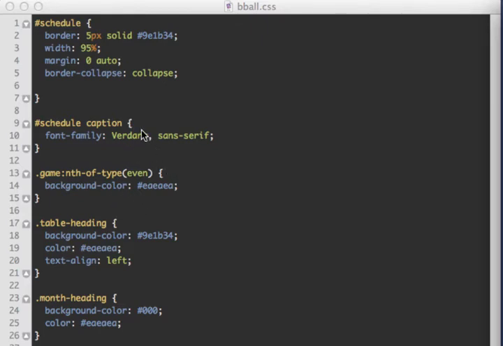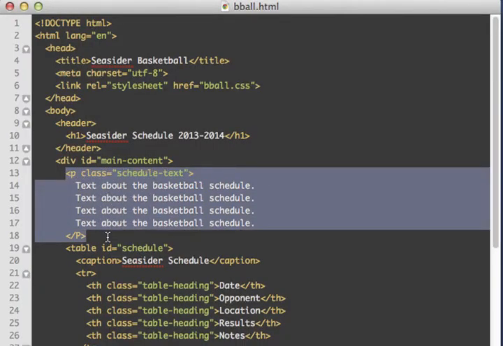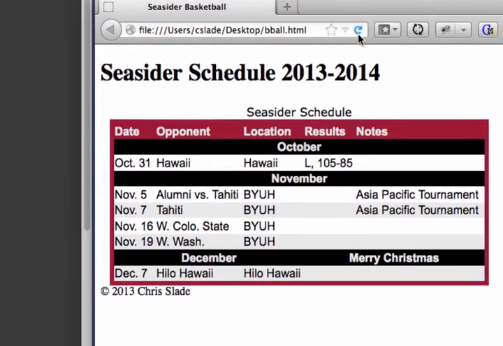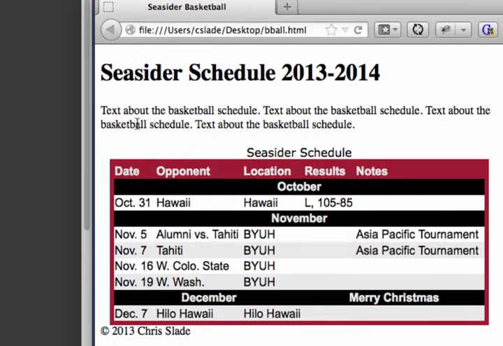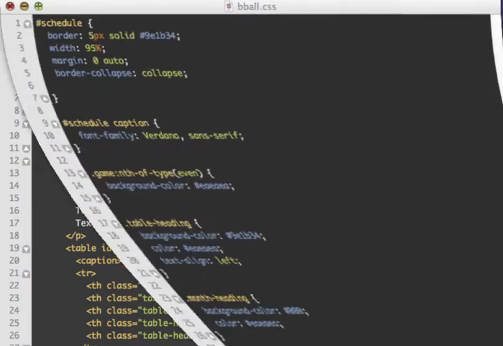So there is one more pseudo class that we'll talk about, and to do that I'm going to add a paragraph onto my page. Alright, in my HTML I've added this paragraph right here above the table, just right above the table, still in my main content. And I gave it a class called schedule text, and we have some text. So let's see how that looks on the page. We have this text right here, and now using another pseudo class,